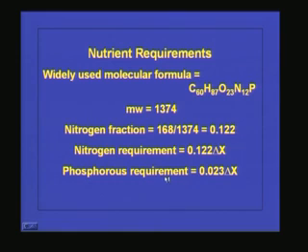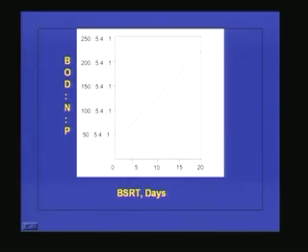And similarly we can find out what is the phosphorus requirement. So, here we can take the molecular weight of phosphorus divided by this 1374, we will be getting 0.023, and total phosphorus requirement is nothing but 0.023 into delta x, because delta x is the entire biomass going to be generated in the system. So, whether the nutrient requirement in a system is always a constant, it is not, and whether we have to